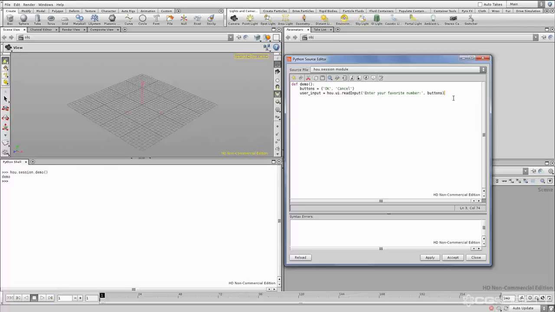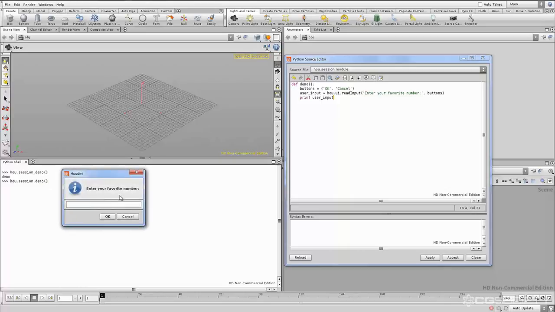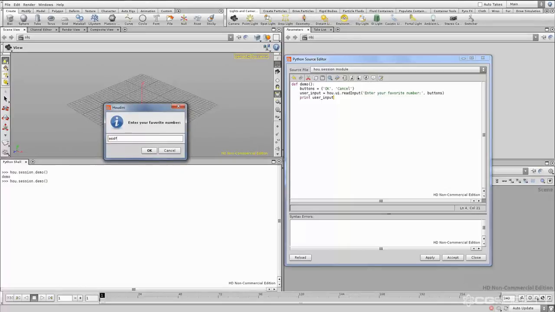So now we'll hit enter and then hit tab again. And let's just print user input to make sure that we know what we're getting from the read input function. So if I hit apply, make sure you hit apply. I'll hit the up arrow to get who.session.demo back. Press it again. I'll enter ASDF